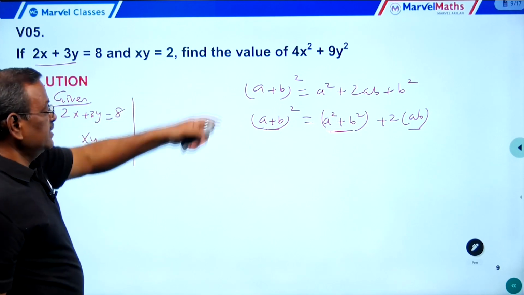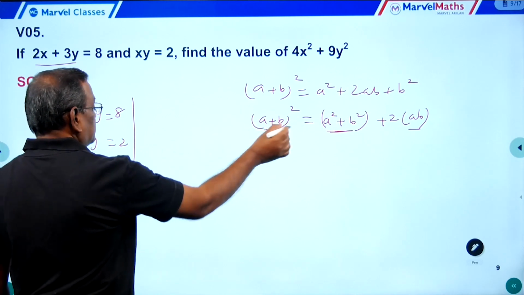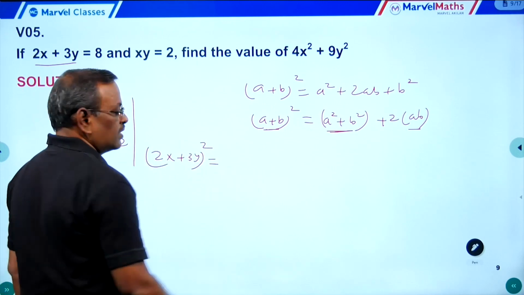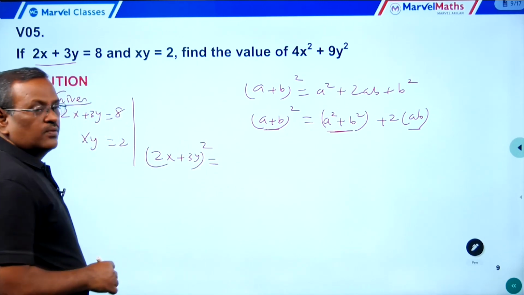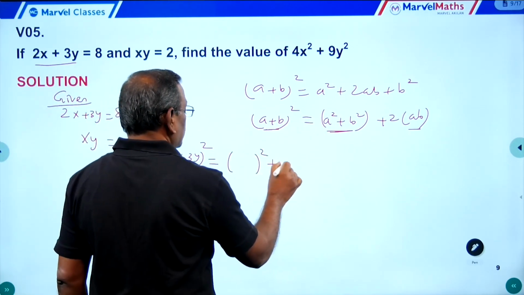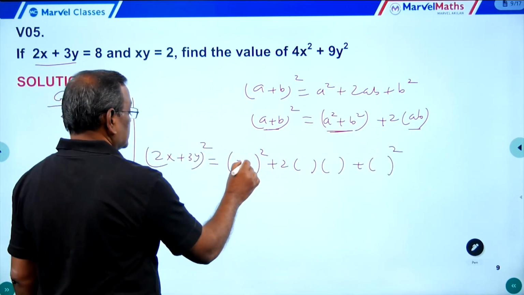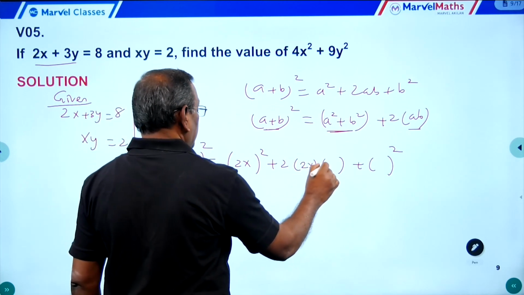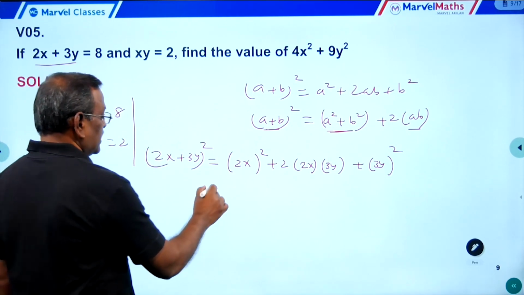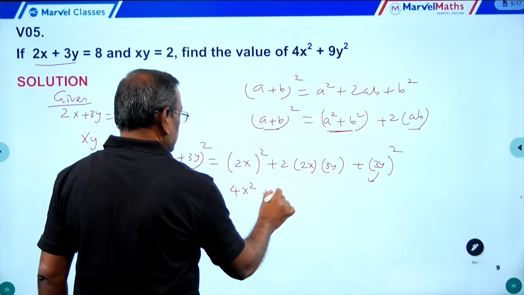Now I have to calculate that. To find this, first write this. So what is (a + b) whole square? (2x + 3y) the whole square equal to, otherwise you can write in regular pattern if you are not confident in this. So a square plus 2ab plus b square. So what is a? 2x, and b is 3y, clear? So this can be written as 4x square plus this term plus 9y square